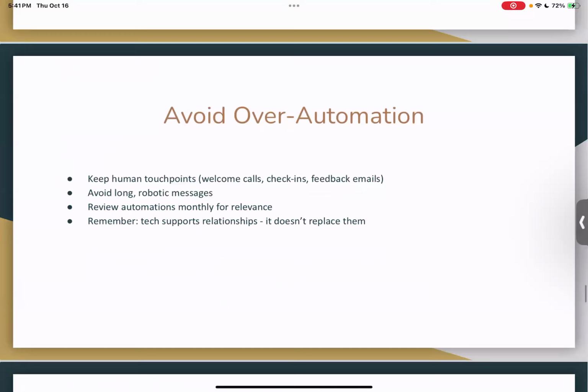So, we want to also be very careful that we avoid over automation. We want to treat automation as not necessarily stripping away your personality. You want to still feel a sense of humanness as you do this. You want to let technology handle the logistics, but you handle the relationships.